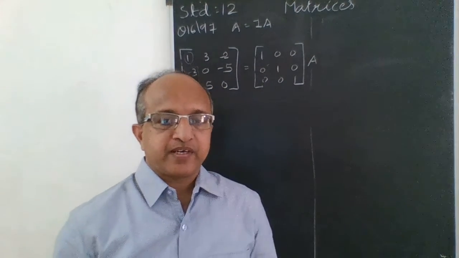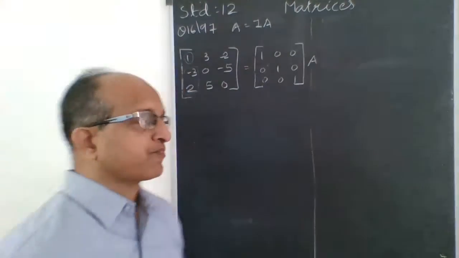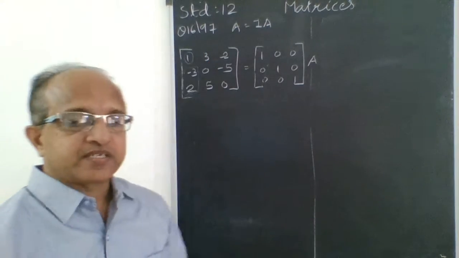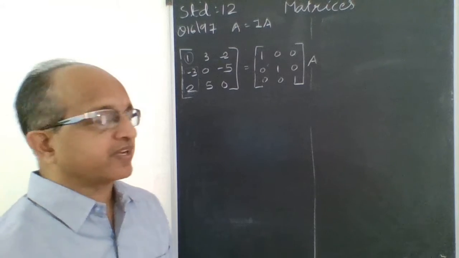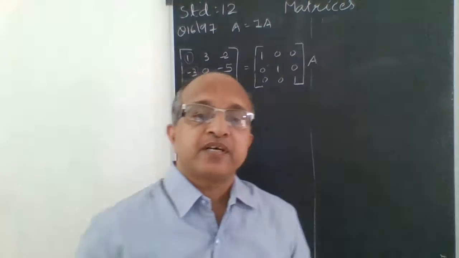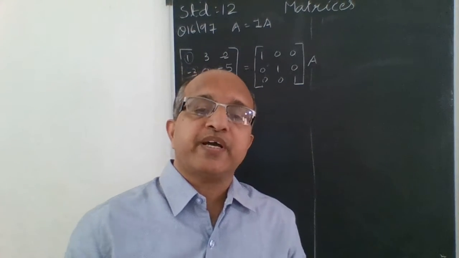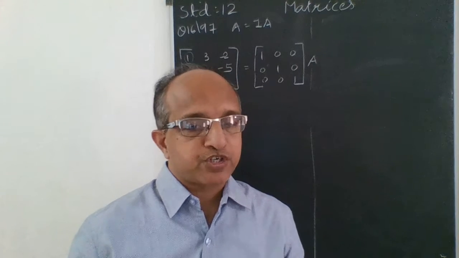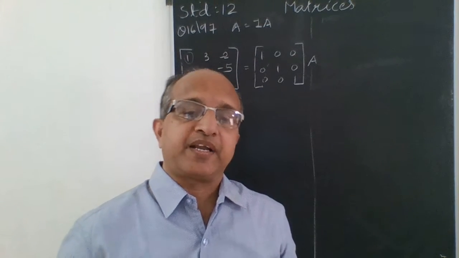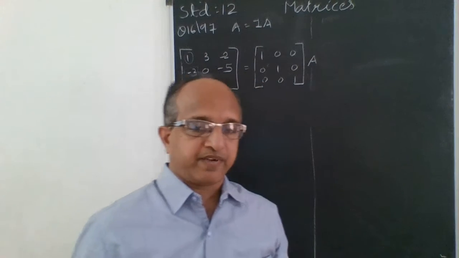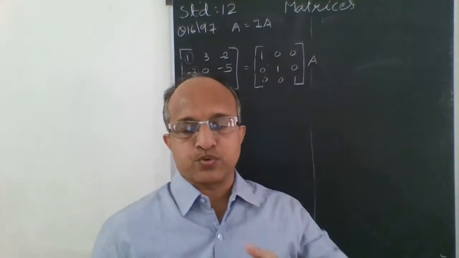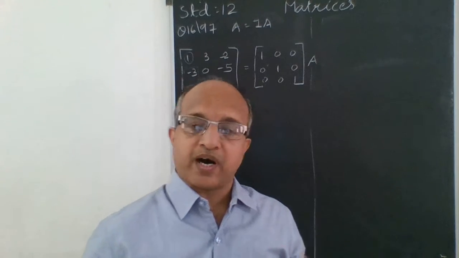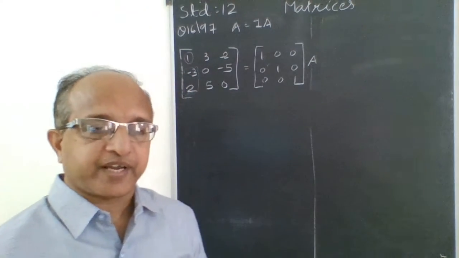Hello children, let us take one more example. Question number 16 on page number 97, to find out the inverse of a given matrix. Remember, if we are doing row wise elementary transformation, then we should go row wise only, and if column wise, then column wise. We should not mix up. We can interchange rows like R1 to R2, R2 to R1. Those kind of operations we can do.